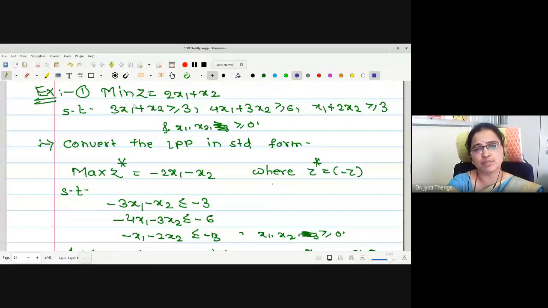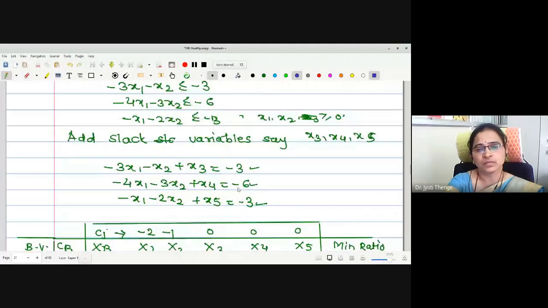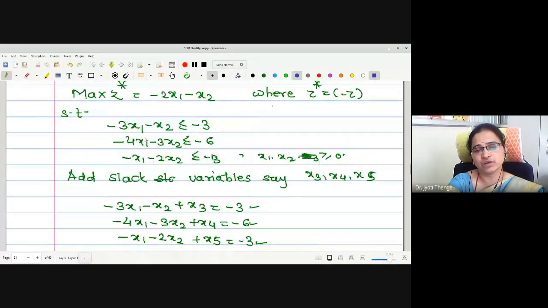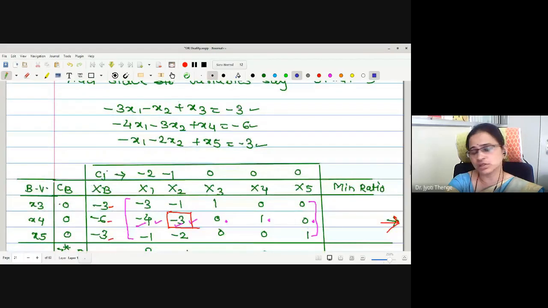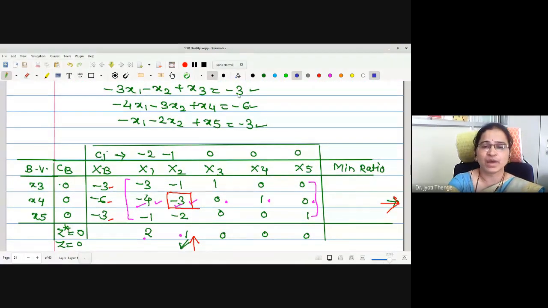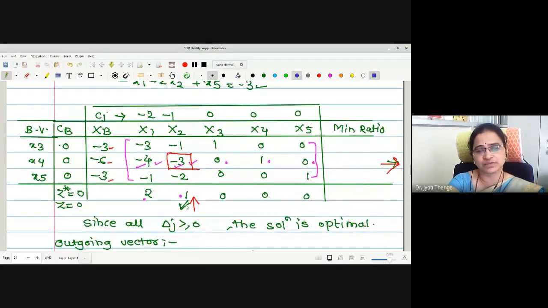We have seen this example. Here we have all the constraints in the greater equal format. Therefore we have converted them to less equal by multiplying by -1. Therefore what is the initial basic solution we have? I cannot say it is feasible, right? Therefore -3, -6, -3 are the values. Therefore, whatever is the simplex method we have carried out.